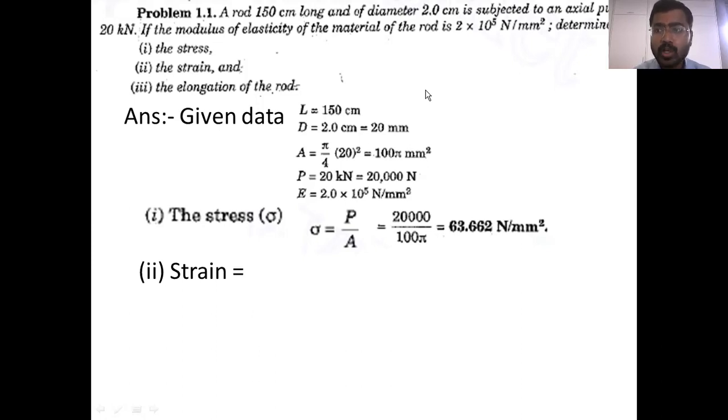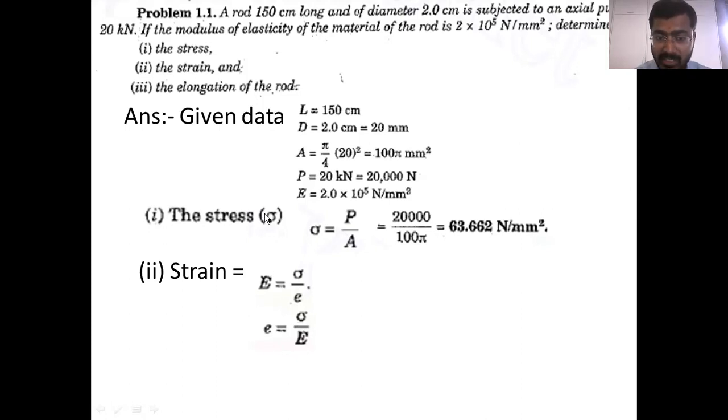By using modulus of elasticity, which is nothing but Young's modulus. So can you tell me, modulus of elasticity, we represent it as capital E, yes or no? Modulus of elasticity or Young's modulus, we represent it as E, which is equal to stress upon its strain. So I can write E is equal to stress upon its strain. But if you take this strain here, then the Young's modulus will come here. So strain is equal to stress upon modulus of elasticity.